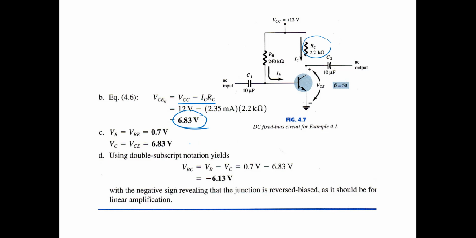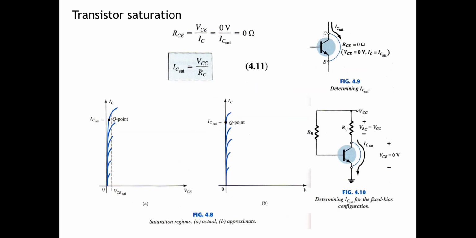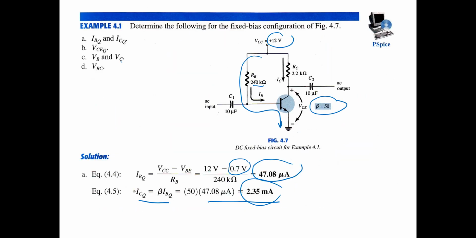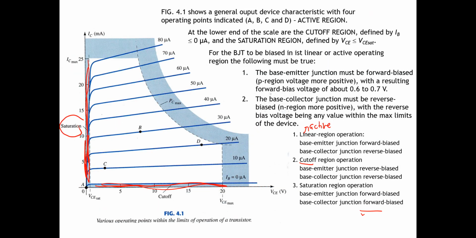Or VBC is VB minus VC, 0.7 minus 6.83, so we get minus 6.13 volts. Okay, the negative sign means that the junction is reverse biased. Because the junction from the base to the collector is reverse biased, it means that this is linear amplification. Okay. So this is the transistor saturation. If the transistor is in saturation, VCE is near to 0